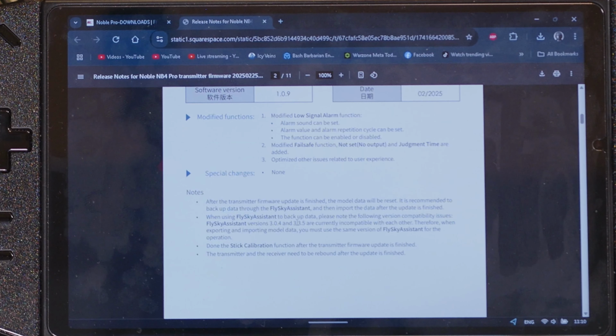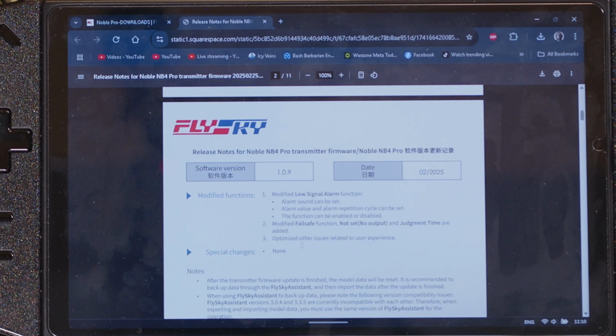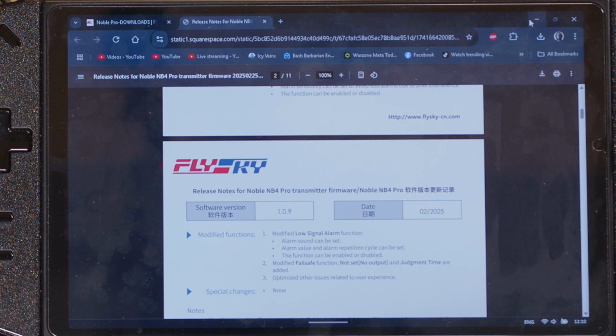Does warn you on here, the backups from the older version of Assistant will not work with the newer version of Assistant, and you will have to recalibrate your sticks once you've done it. So it's just calibrate wheel and throttle. So once we've got these downloaded,